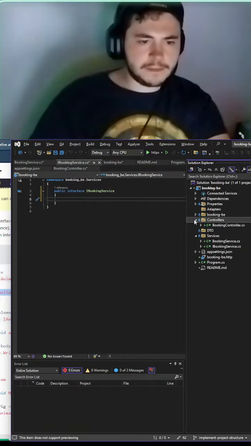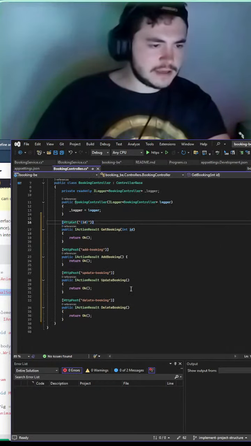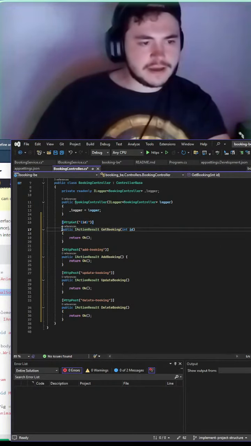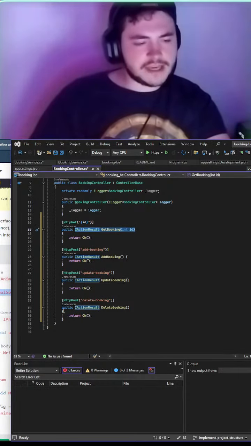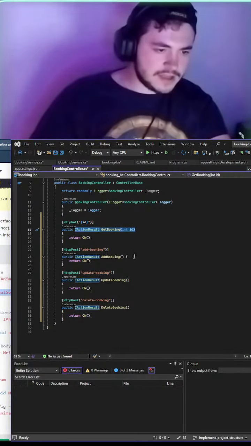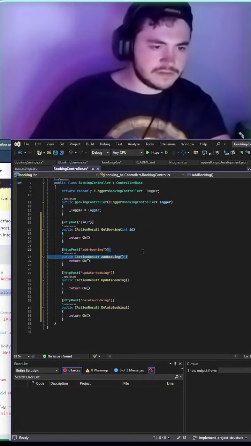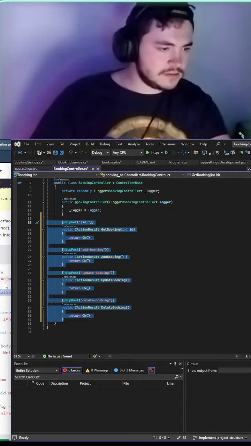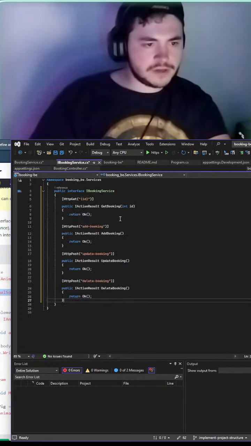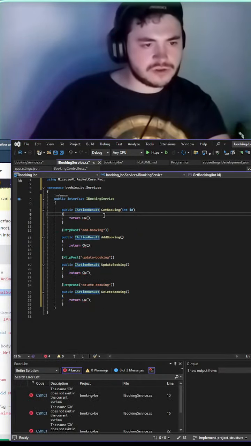We'll open up our controller just like that. And we're going to copy the modifiers. No, we're going to copy these up until here. So we got the HTTP GET, and then we got the other action result stuff. So let's copy all of this to our IBookingService. We'll paste, and then we'll just strip what we don't need.